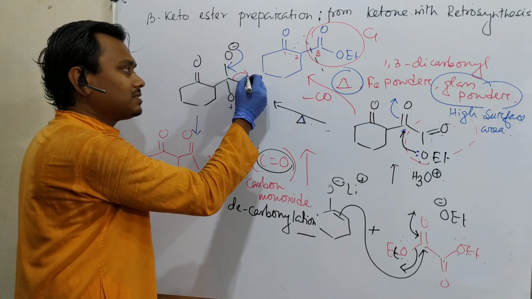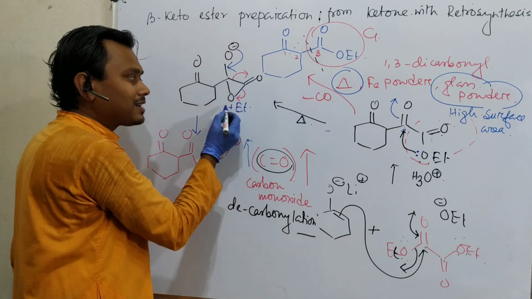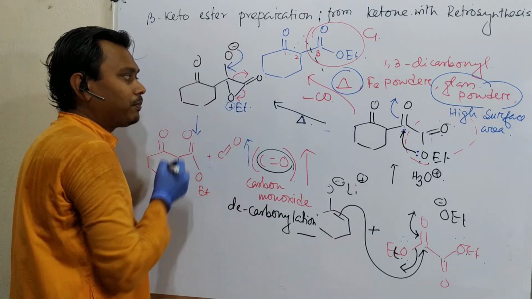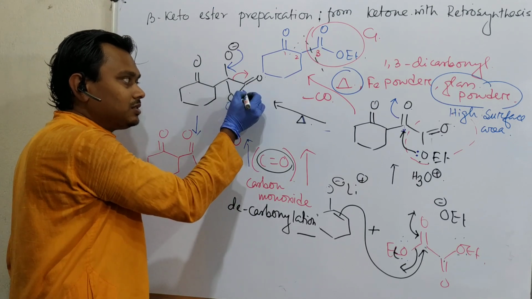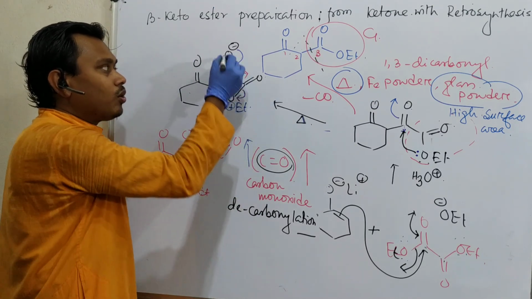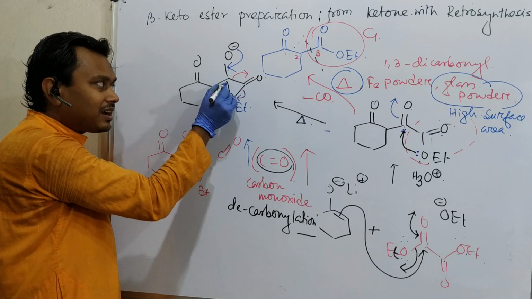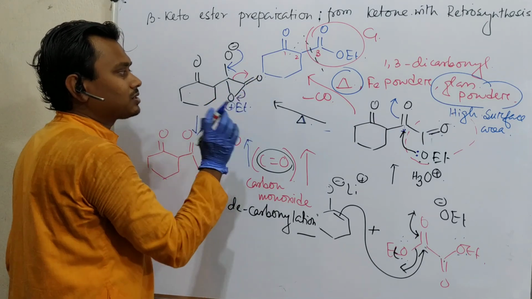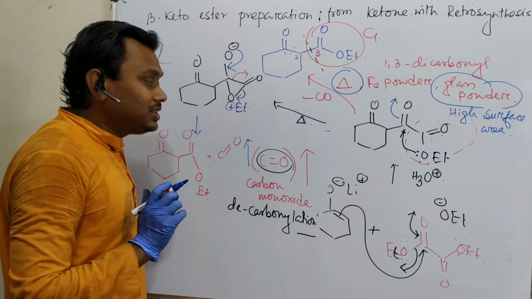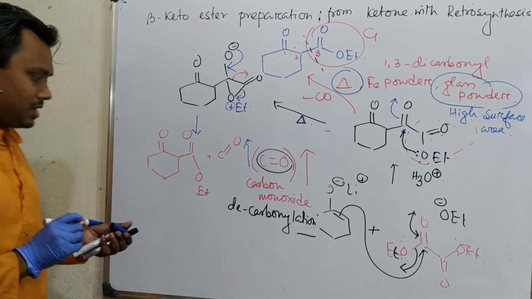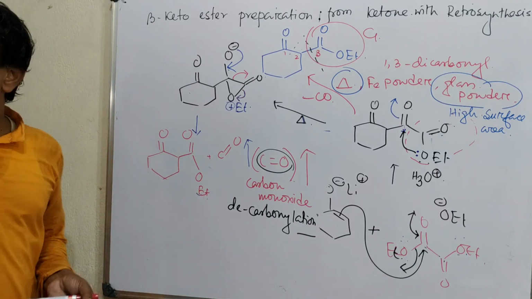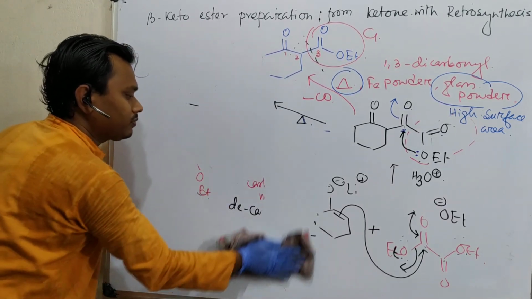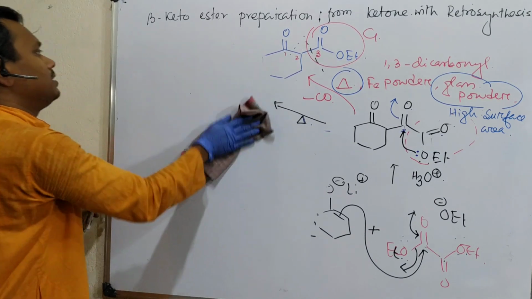If it opens, fine, then the negative charge is here, but see, the oxygen is electron deficient because it is attached to O ethyl and has a positive charge, so consequently this bond will break. So overall C double bond O and single bond attached OEt we have written, and this is carbon monoxide, it will be eliminated in this way. So this is actually the decarbonylation process. As I told you, I will provide you an example for this purpose. Okay, let me give you the example.